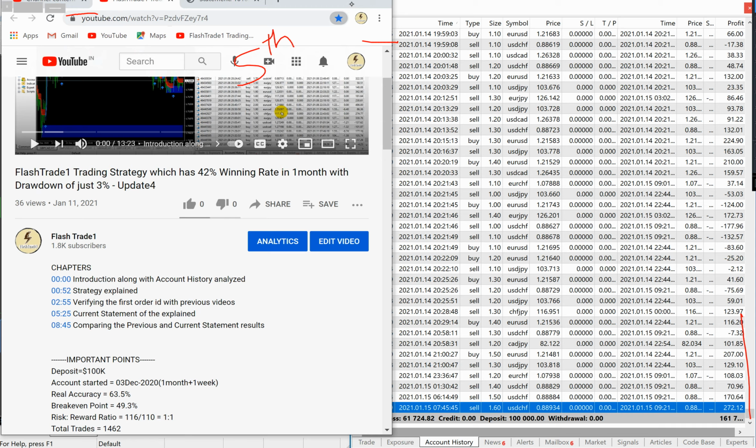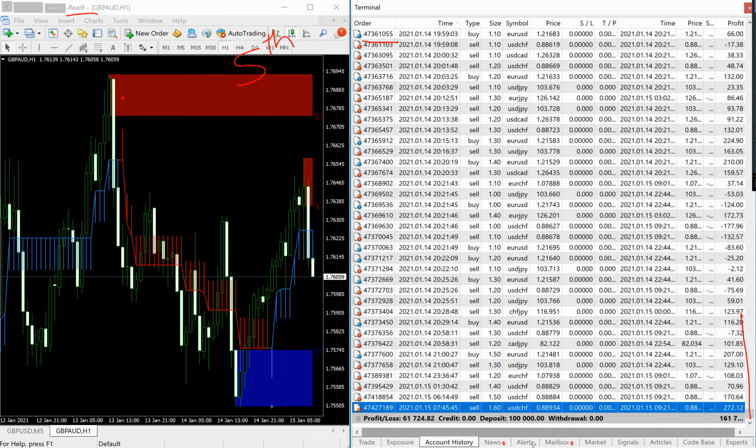All the trades here are placed with our trend indicator. This is our multiple in one trade indicator and our support demand indicator. This is our support and this is our demand indicator. So here we place the trade as per the indication shown by our support demand and trend indicator. You can see that trades are kept open for hours and they are closed within 24 hours. We use M1, M30 and H1 time frames to place the trades in this account.